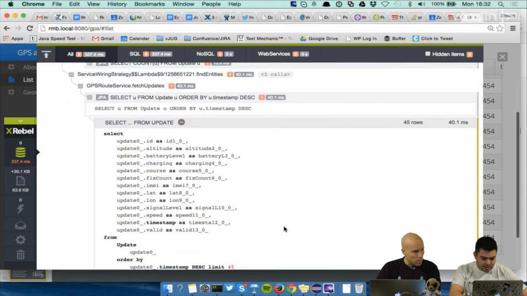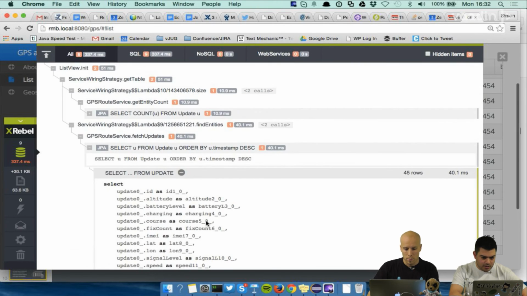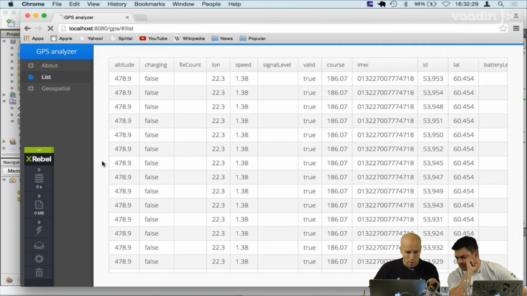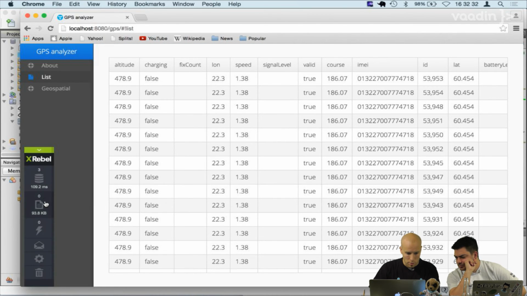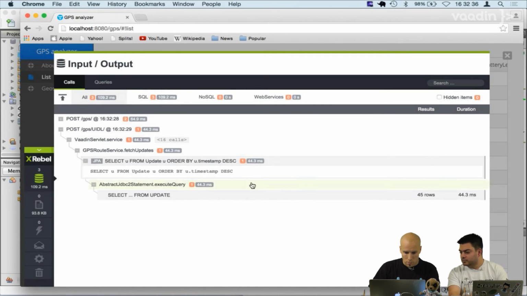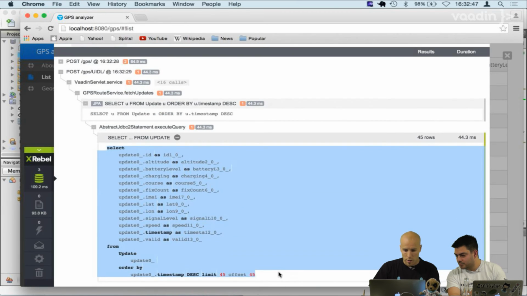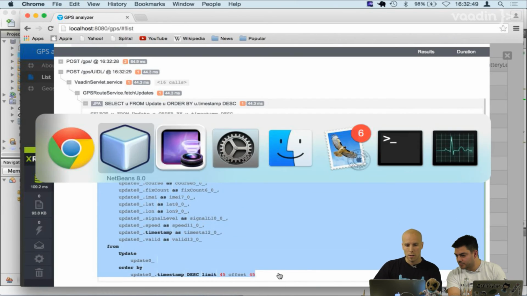Okay, so this is looking at the timestamp. It's doing an order by timestamp. Yeah. So let me open the same view and copy paste the query, and let's execute it there. It's this one. No, that's the JPQL. So this is the native query. So I can grab this one, and now let's get to the